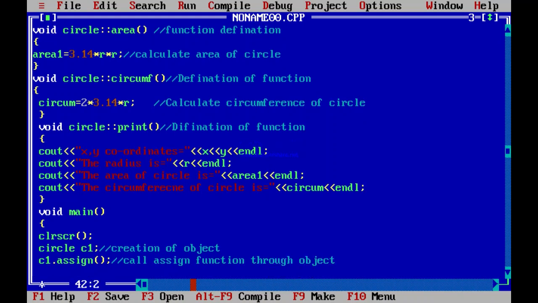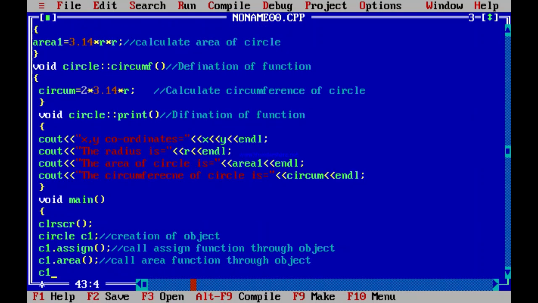Okay, next, C1 dot, where dot is the operator. The second function we are going to call is the area function, semicolon. Same, we call our area function through the object, where C1 is the object.